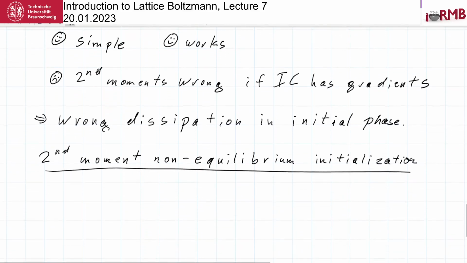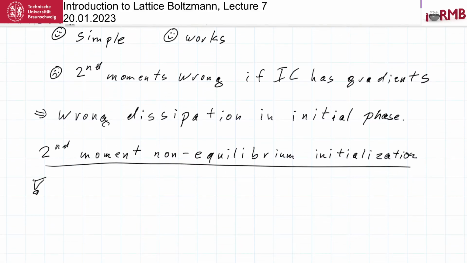And this now comes from the asymptotic analysis. So we are always dealing with the Navier-Stokes level. Yeah? So the Navier-Stokes limit